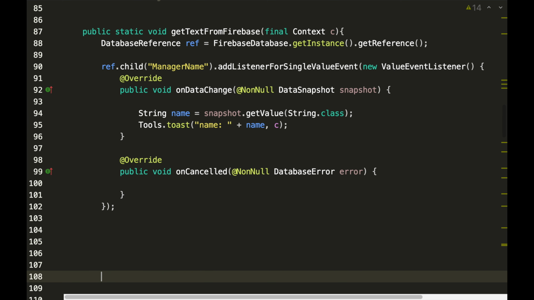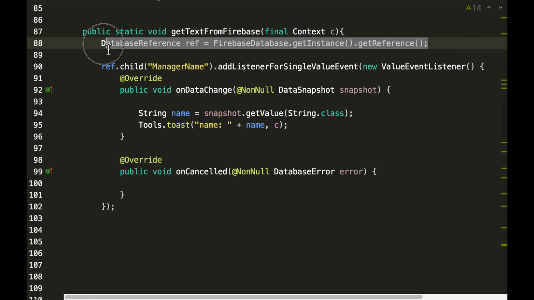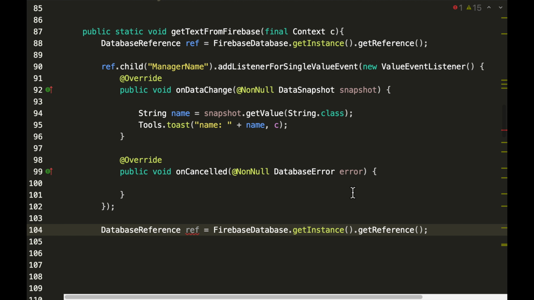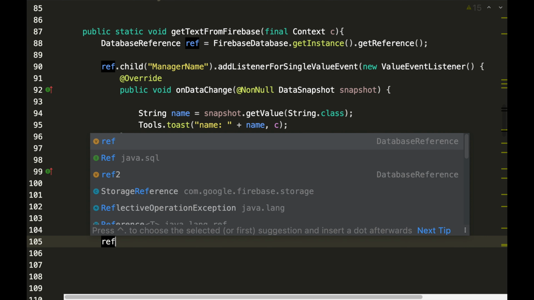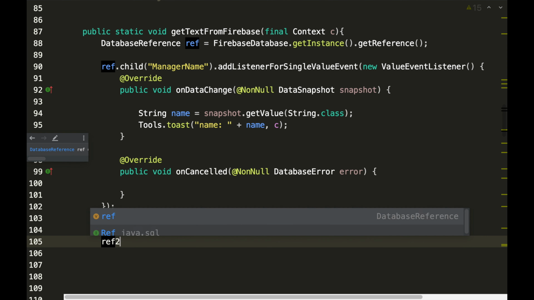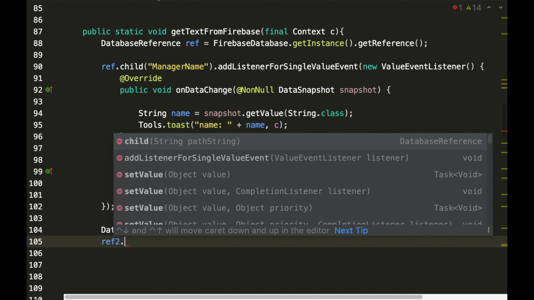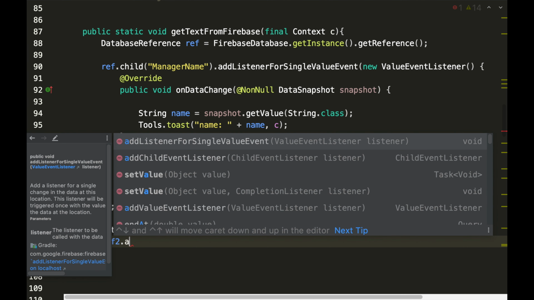So to get the value for this manager name, simply initialize the database reference, and then I'm going to call this ref2, and then say ref2 dot add